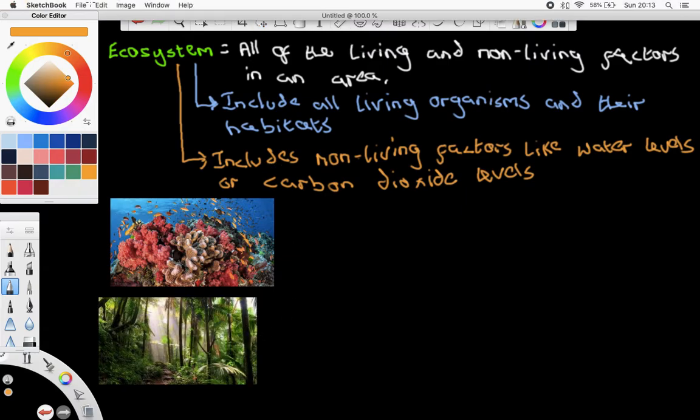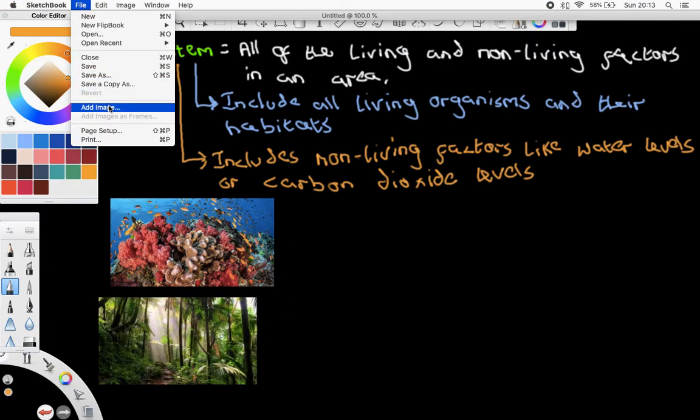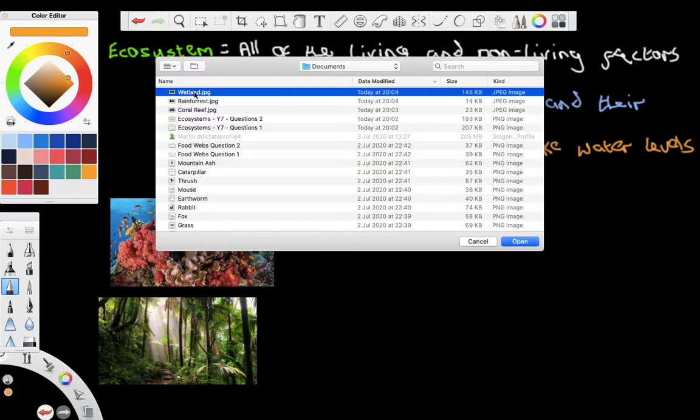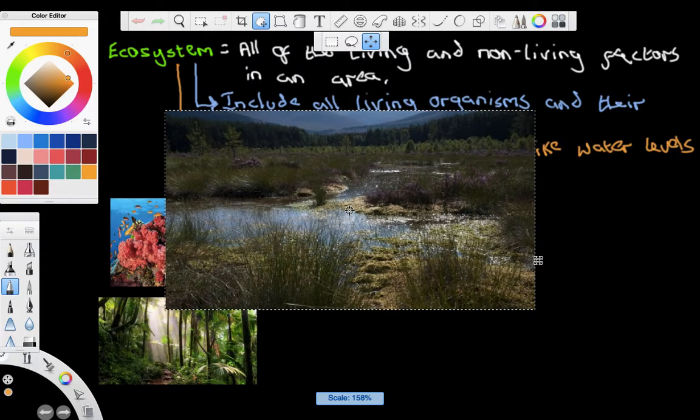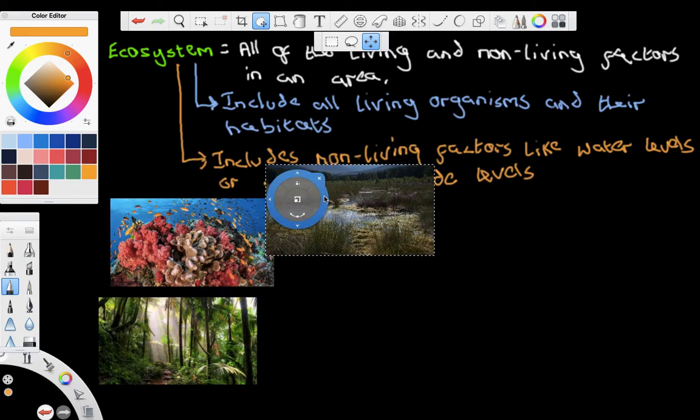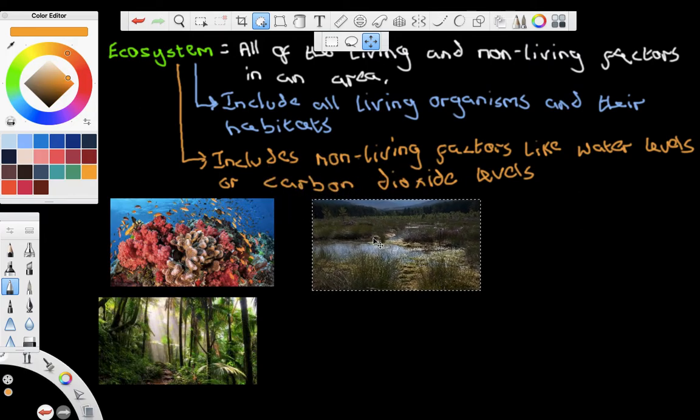One a bit closer to home that I could think of was wetlands. So these are wetlands from the north of England. This is an ecosystem. It contains trees, it contains water, it contains plant species, there would be animal species there. So these are all examples of